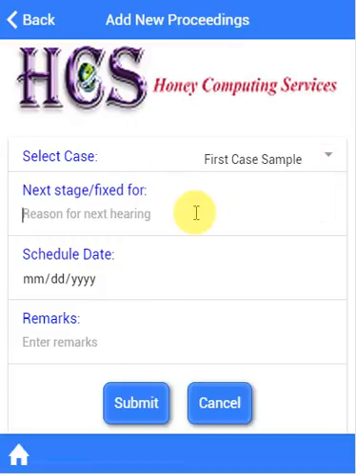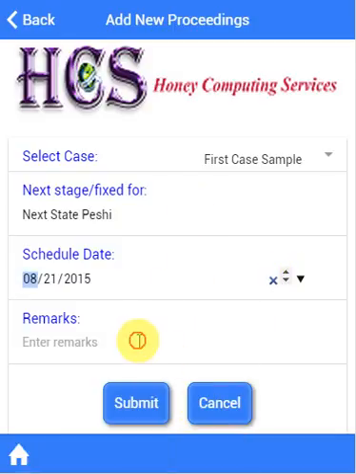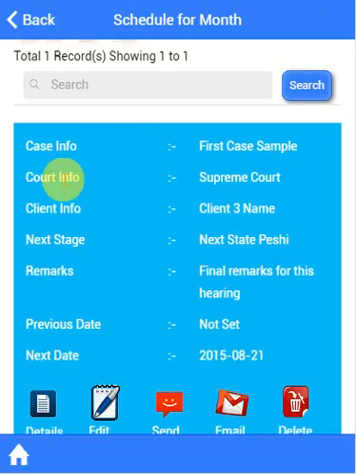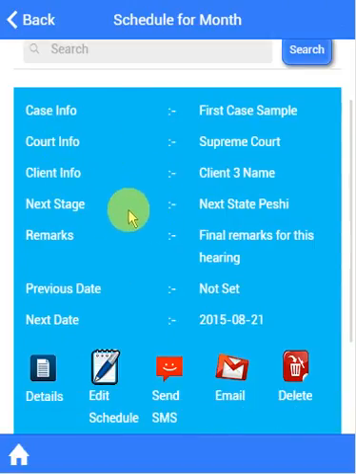Here, next date, whatever I want to remind for. Remarks is whatever you want to enter. Okay, case detail added, and you can see now case information, court information, client information, next stage, remarks.